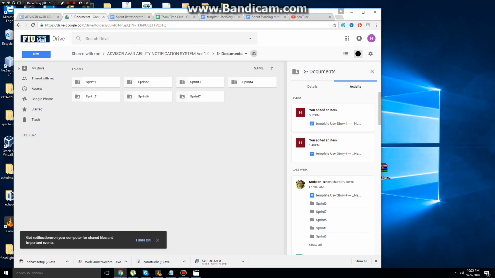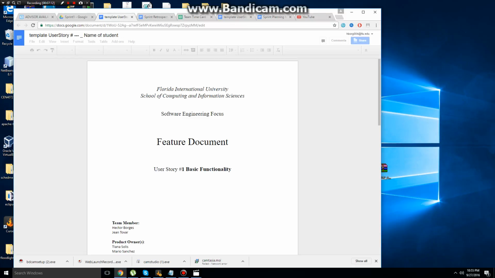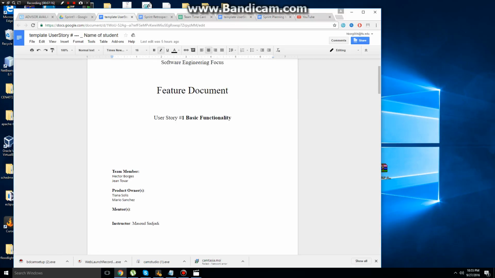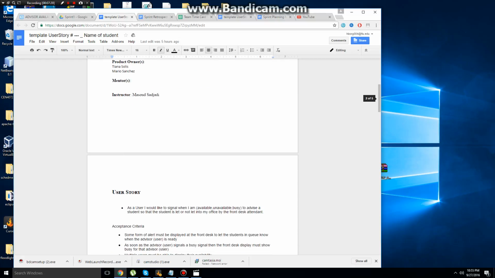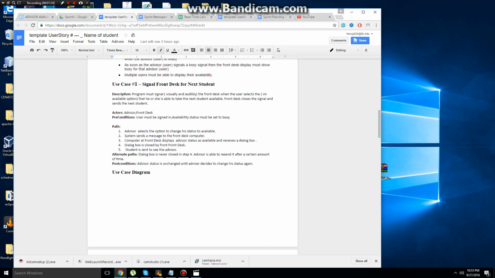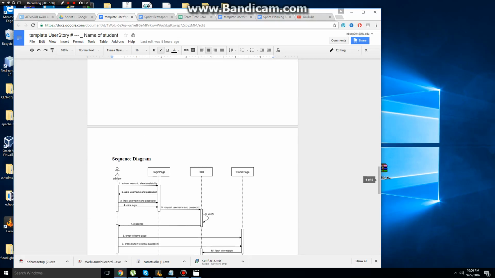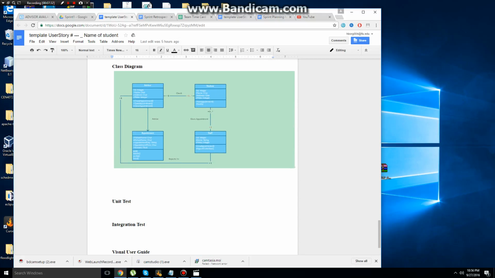Here's the document. It's a document for the first sprint. Here we have the user story right here, the use case 1, the use case diagram right here, sequence diagram, and class diagram.